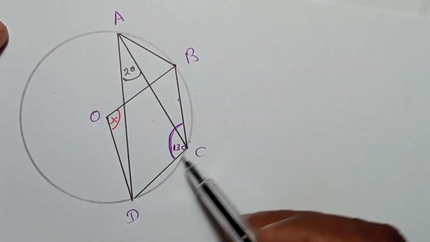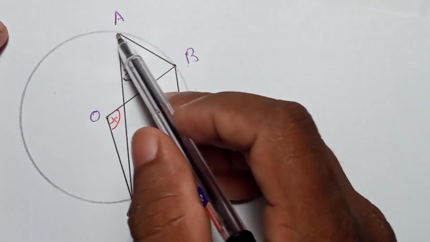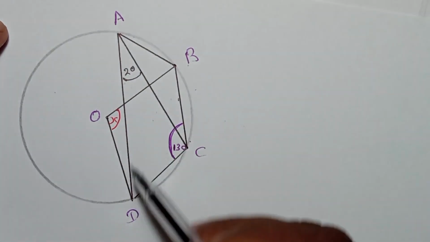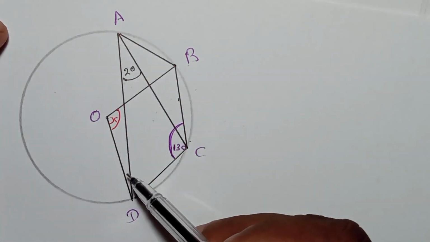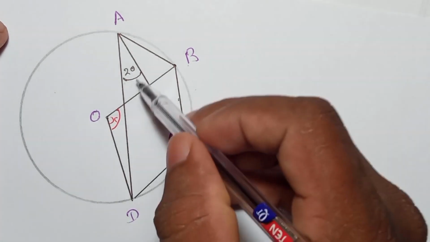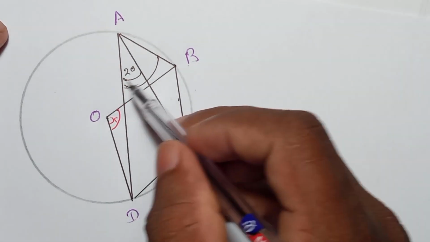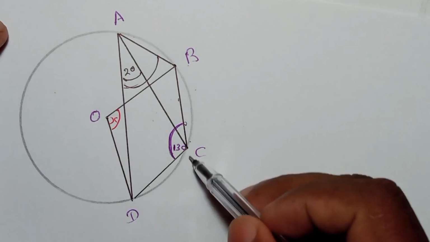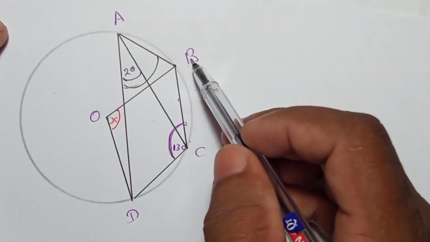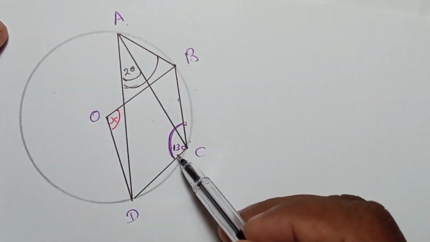But ABCD is a cyclic quadrilateral, right? If you check very carefully, all the vertices of ABCD are on the circumference. So that's why ABCD is a cyclic quadrilateral, and that's why you can apply it here. If this is 130, then these two angles, the DCB, this 130 angle, and